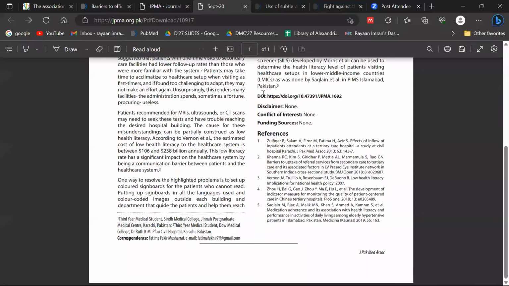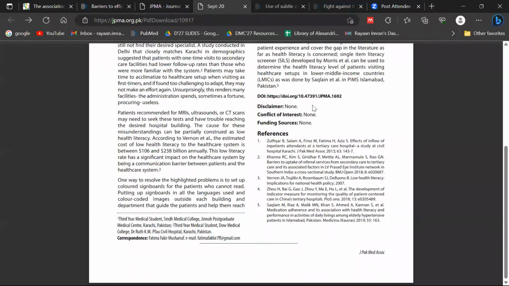Okay, DOI is a unique ID that you get, and what is a DOI in the basic terms? DOI is we have a Shanakhti card, right? In Pakistan, we have a Shanakhti card which has an identity number, and that simply identifies कि भाई this is my unique number. Similarly, her article का अलग एक unique ID होता है, and DOI is that. इसके नीचे you can see something known as disclaimer, conflict of interest, and funding sources.